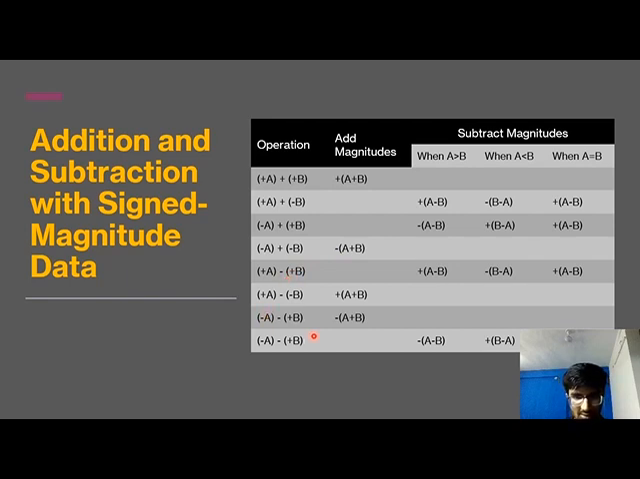Now see another example, where we have to subtract minus a and plus b. So the signs are different. So what will we do? Subtract each other, and the sign is of the greater number, as greater is a. If b is greater, then subtract and the sign is of the greater number. And when equal,